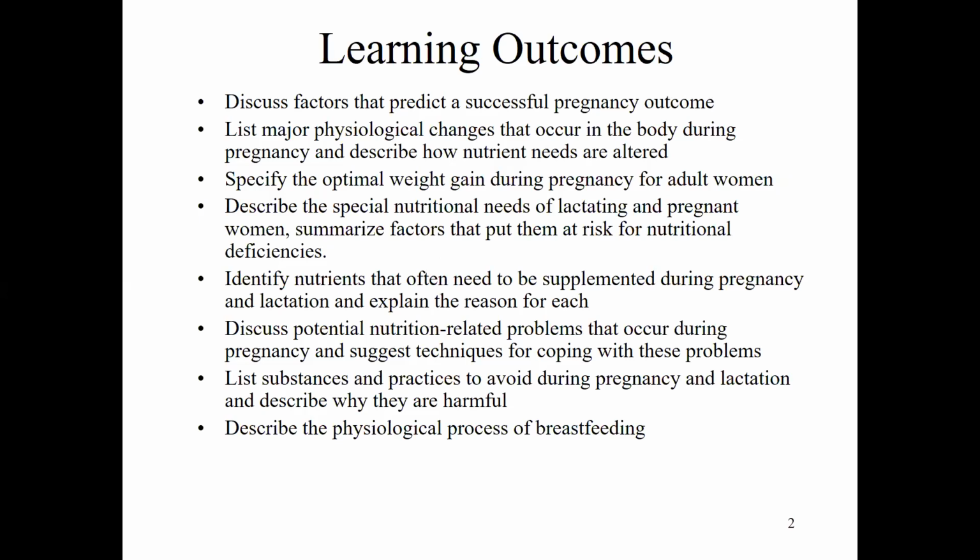So here's the list of our objectives. These, of course, will be on the final exam. We're going to start off by thinking about the factors that predict a successful pregnancy outcome. So, what exactly does a successful pregnancy look like, and what can a pregnant woman do in order to achieve